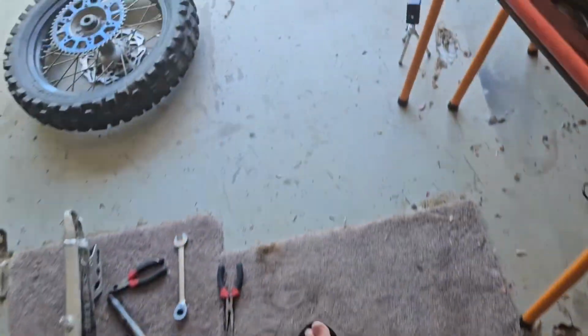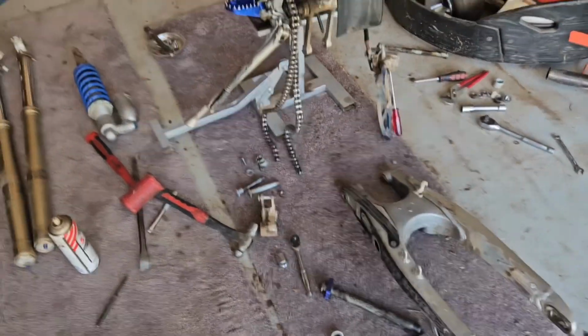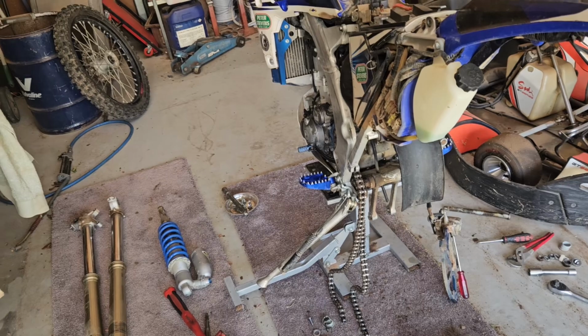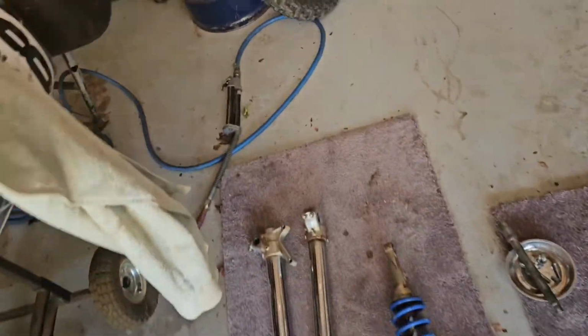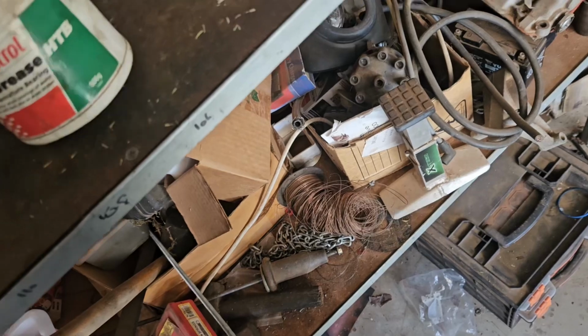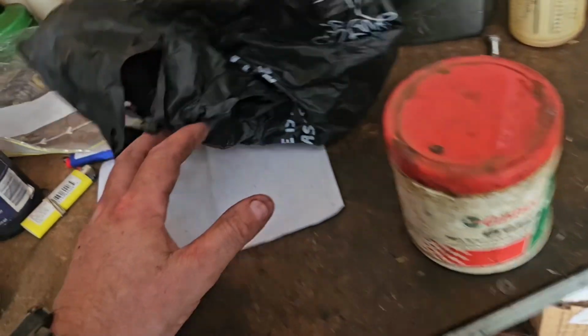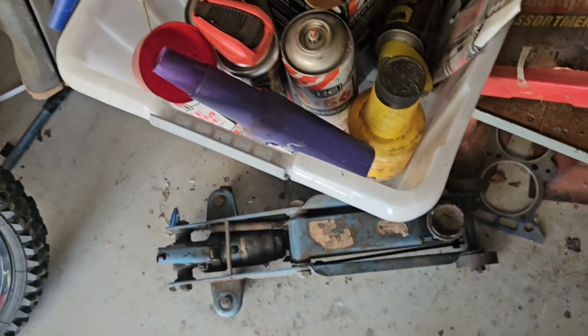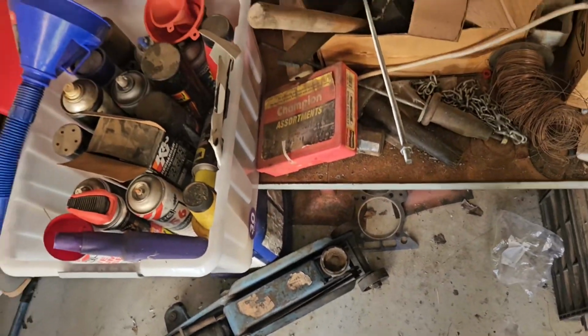So they are out. That's out. I'll give that a good pressure wash. I have got some waterproof grease somewhere, and people will go, waterproof grease, isn't all grease waterproof? Well, yeah, certain grease is, most grease is. What's that one there? That's just high temp wheel bearing grease. Where is it? Is it here, or did I take it out to the workshop? I'm not sure, I'll have to find it. Anyway,